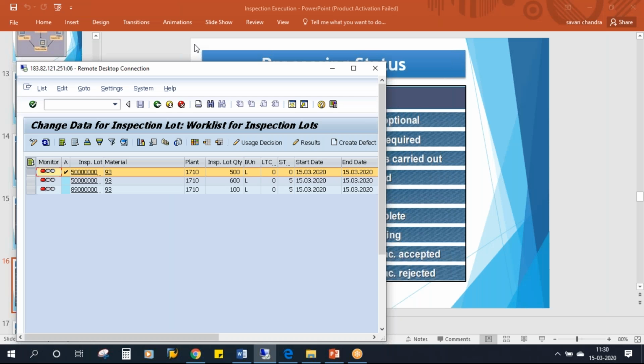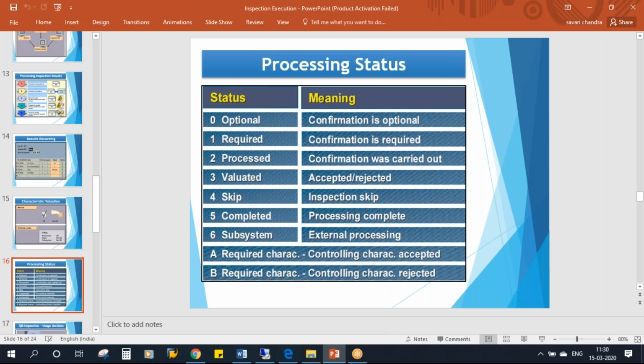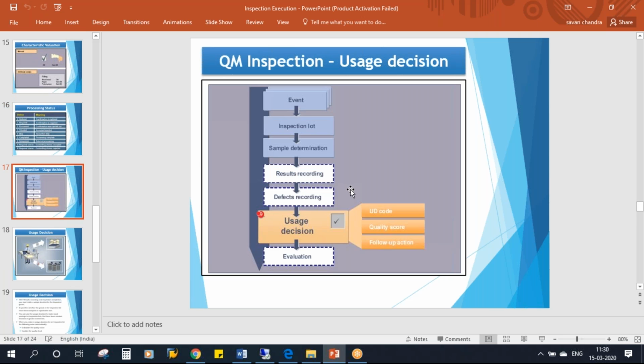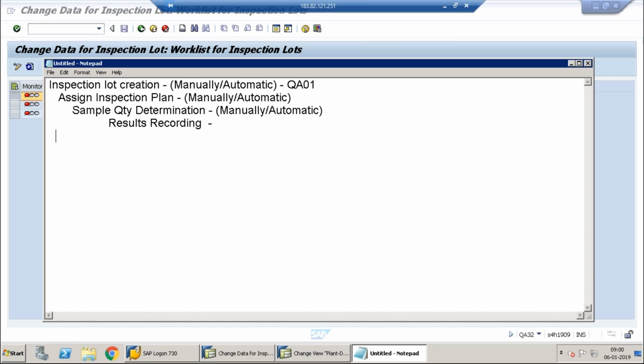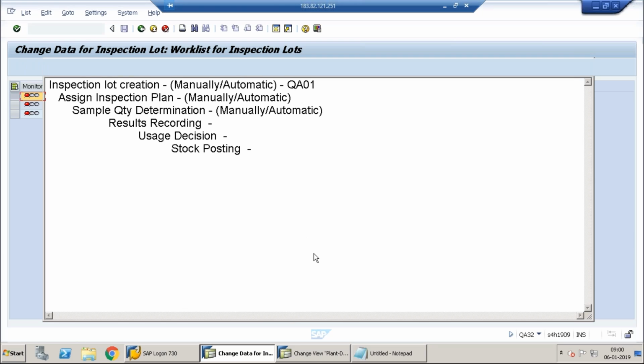Once the results recording is done, the next step is usage decision. Results recording is completed. Next step is usage decision, followed by stock posting. We will see this. Stock posting. So now,